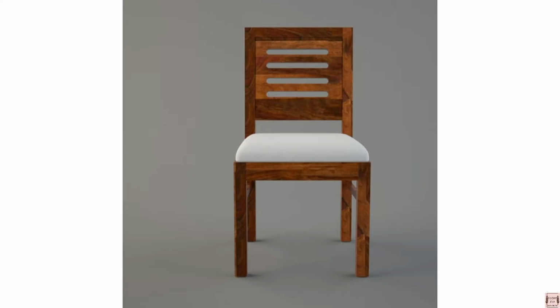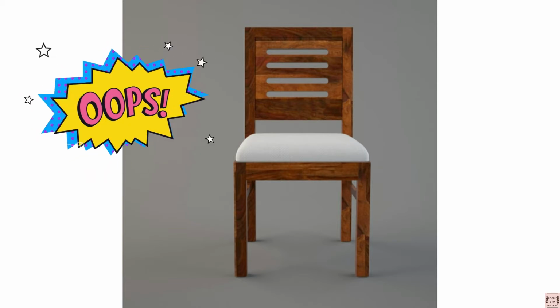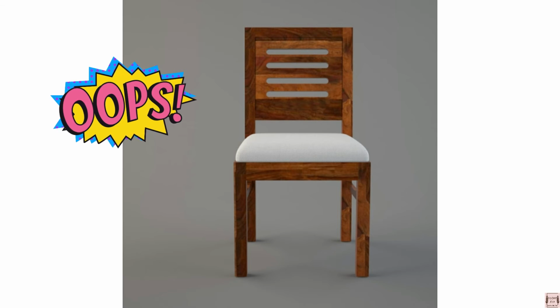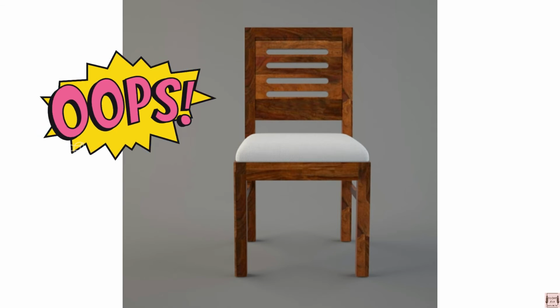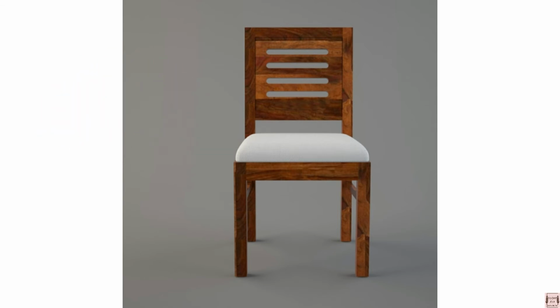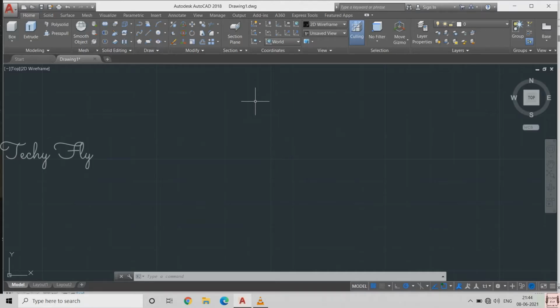As you can see, this is a reference chair and I'm gonna draw this kind of a chair. Not exactly so. Even I don't know how this will turn out. I might add a little change in design as well as the color that suits. Fingers crossed and let's start to draw. I'm not gonna set any particular view face. As you can see, it is in top and 2D wireframe by default.